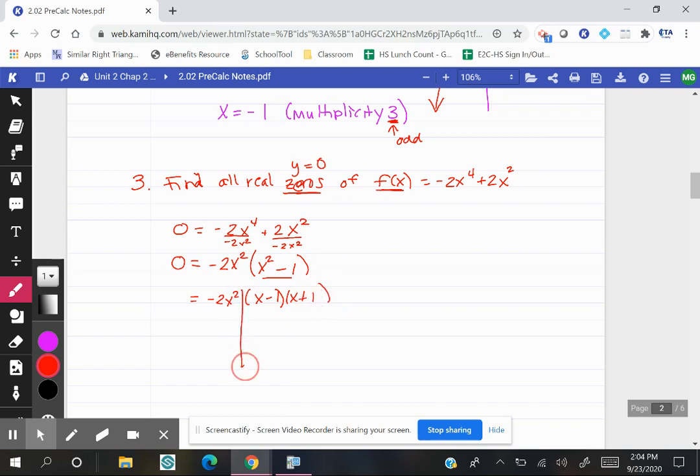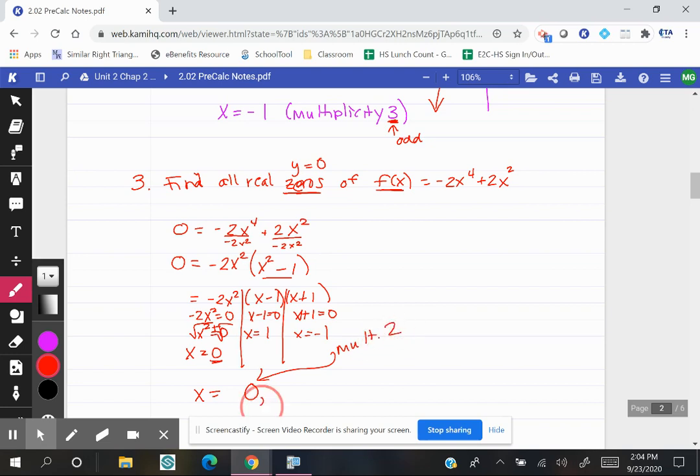Now we can't factor any further, so we draw our line, set each factor equal to 0, and solve for x. So we get x squared equals 0. 0 divided by -2 is 0. Take the square root of both sides. So technically you have a plus or minus here, but with zeros, they don't have a sign, so we would just say 0. x equals +1, x equals -1. So the only one that's going to have a different multiplicity would be this 0 here, because technically we had plus or minus 0. So we would say that 0 had a multiplicity of 2, because it's at the +0 and the -0. The -1 and the +1